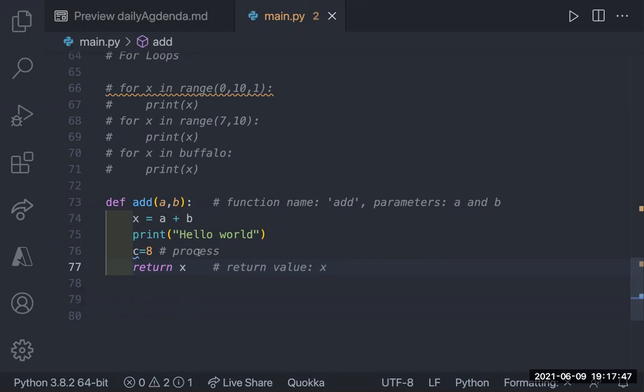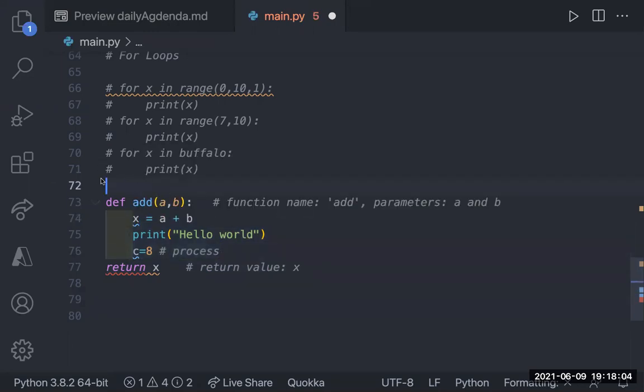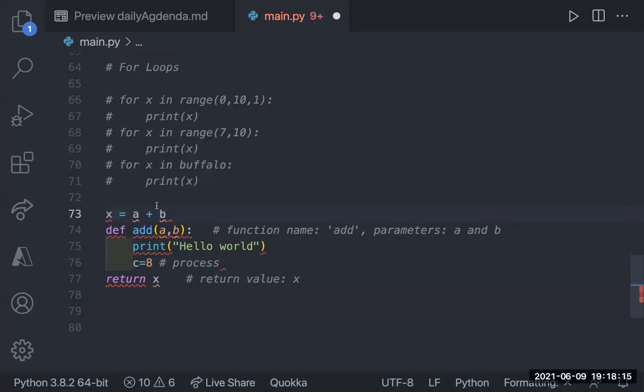Yeah. So right now there's 2 things that'll happen. X is defined within my function, and we kind of talked about scope in JavaScript, but X only lives within this function. It's a scope thing. Now, if I were to define X up here, and I said X equals A plus B, there's no issues, right? Well, but it doesn't know what A plus B is, so there is an issue. Now, let me go back.